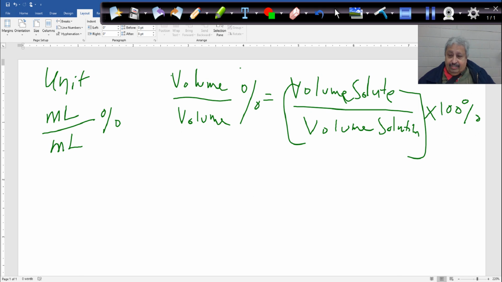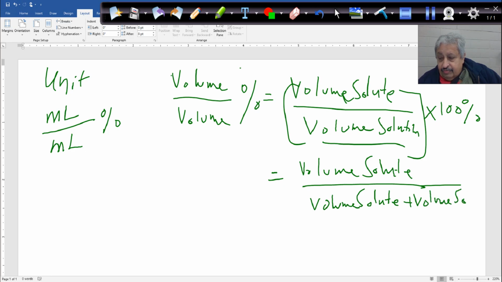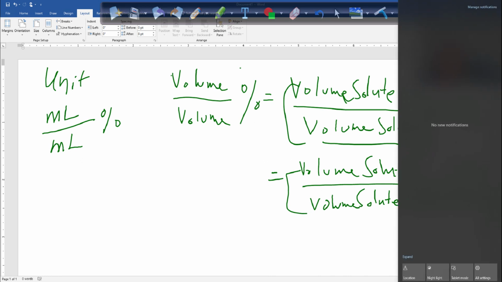Now, volume of the solution, you have to be careful here. That means both. So this one here will be volume of the solute divided by volume solute plus volume of a solvent. And the whole thing here multiply by